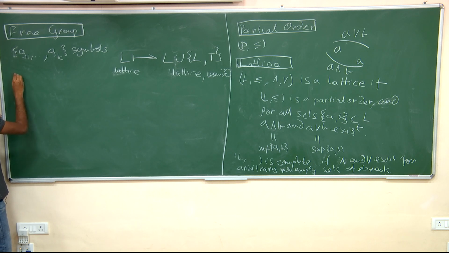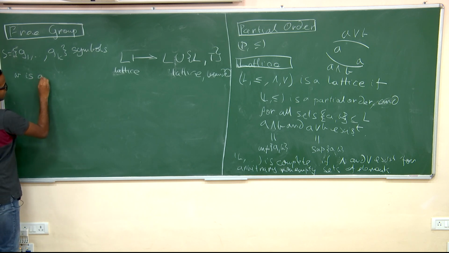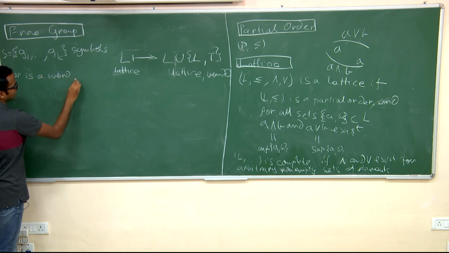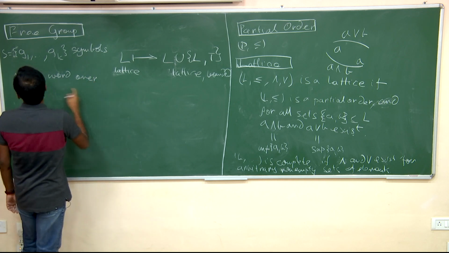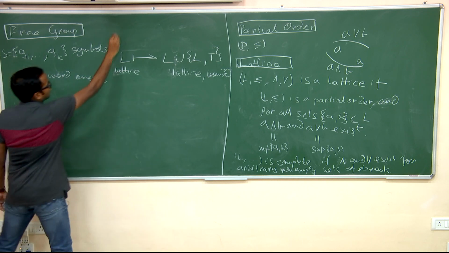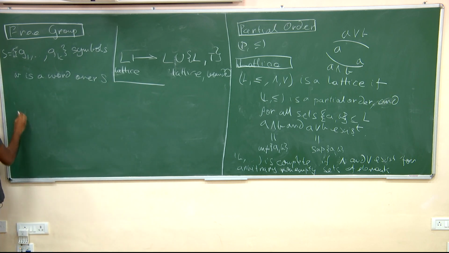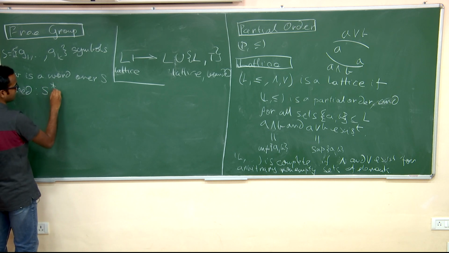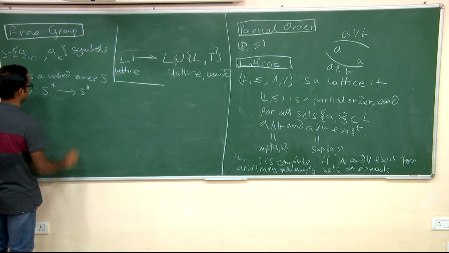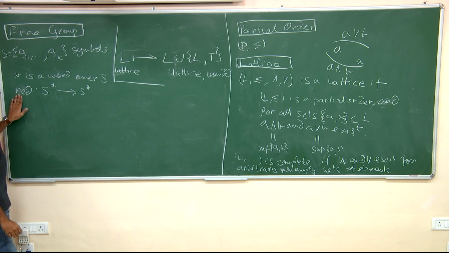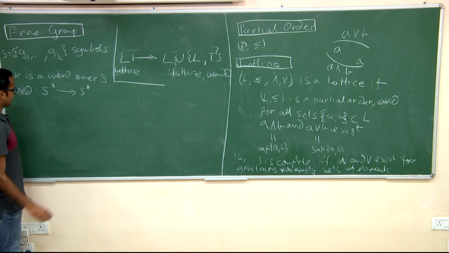W is a word over S. This reduction function goes from words over S to words over S such that